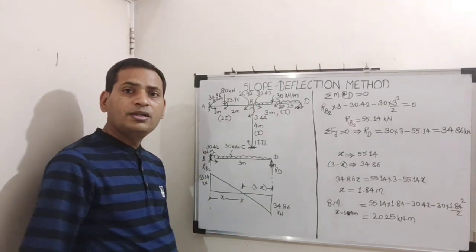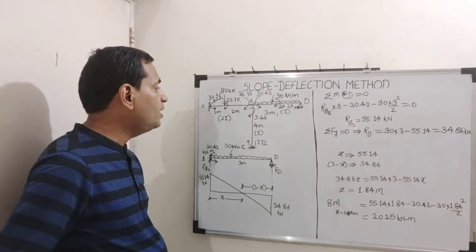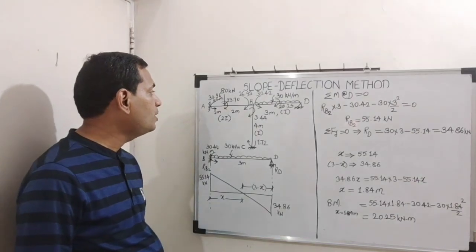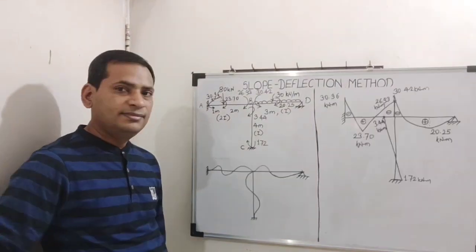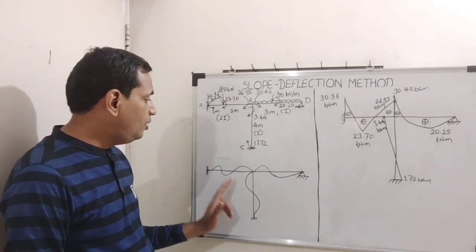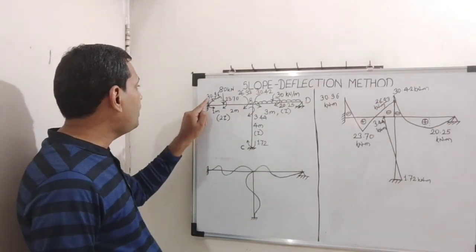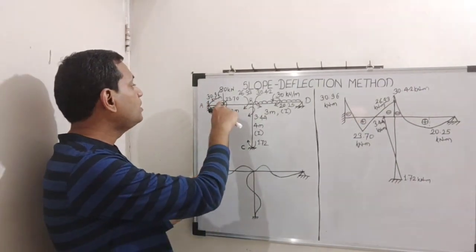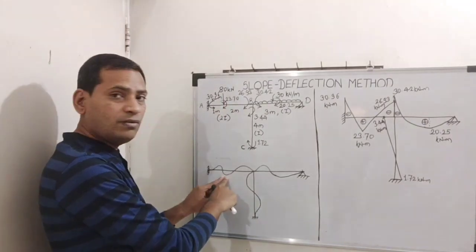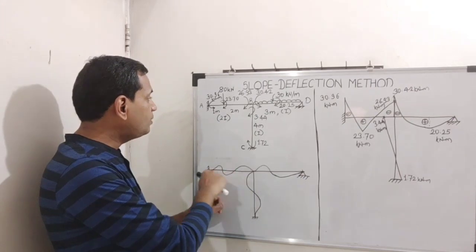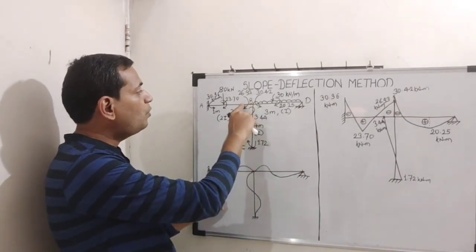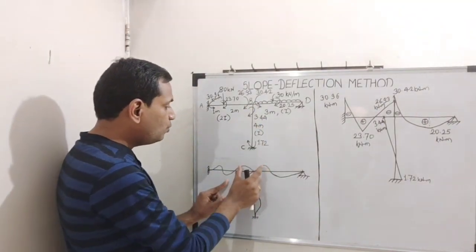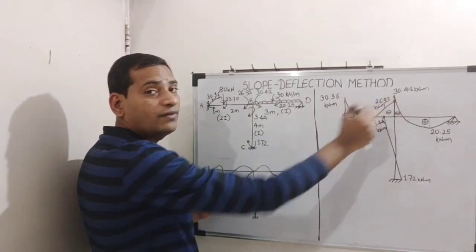First of all, we will draw the deformed shape of the frame, then we will plot the ordinates in appropriate directions, then we will join them, and we will complete our BMD on the tension side. Okay, so here is our deformed shape. First of all, 30.96 is anti-clockwise, so here the deformation of the beam will be above. This is a clockwise moment, so here the deformation will be below the reference line of this beam. Then at joint B, on both the ends, these two moments will try to deform the beam above, so both the values will be plotted above the reference line.